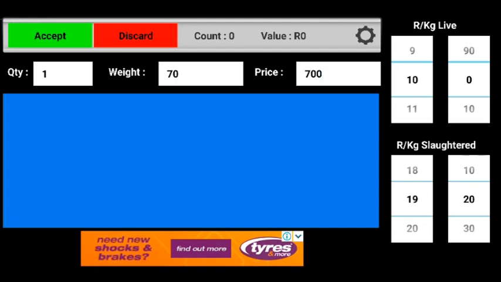Since we have set our slaughter cost to 5 Rand per kilogram, the slaughter rate is telling us that to earn the same return by slaughtering the pig and then cutting it up, we would need to sell the processed meat for 19 Rand and 20 cents to arrive at the same value of 700 on the pig. This is because 2 Rand will be paid for every kilogram to the abattoir, and a further 3 Rand to